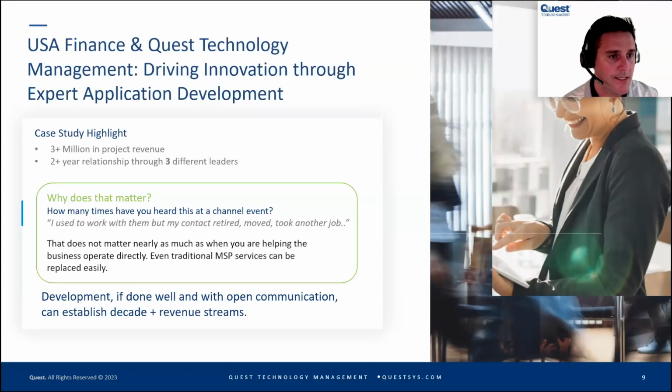But what's powerful is relationships are king, right? Relationships are fantastic. We all know people, and we all work with people, and we all leverage those relationships to help meet new customers. What was important about this example from a development standpoint is this has gone through 3 different technology leaders, right? The leader we got introduced to was on his way out and retiring. The second leader that was there was hired away by another competitor. And now we're on the third leader, but the project for us is actually growing, not contracting.